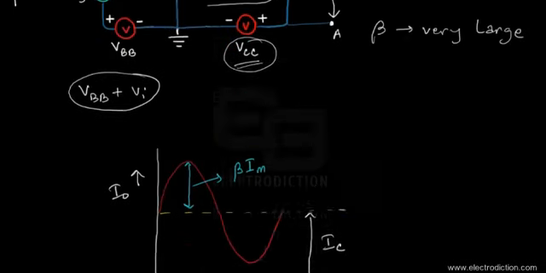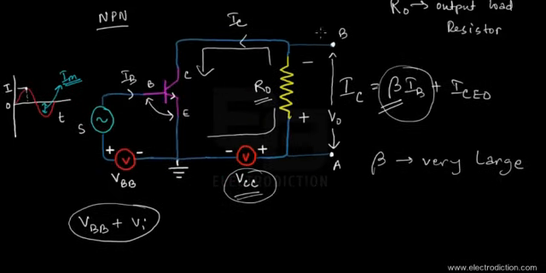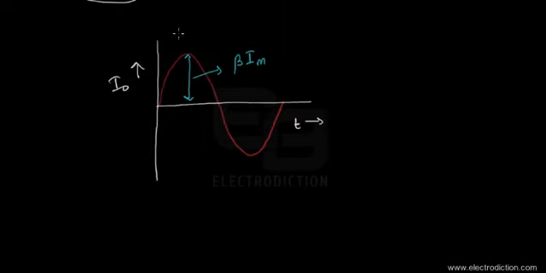So if, before taking the output across the resistor RO, we were to connect a capacitor C over here, then we can obtain the output signal at the mean zero level,